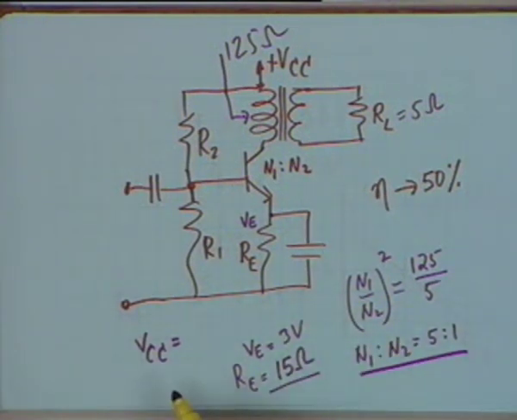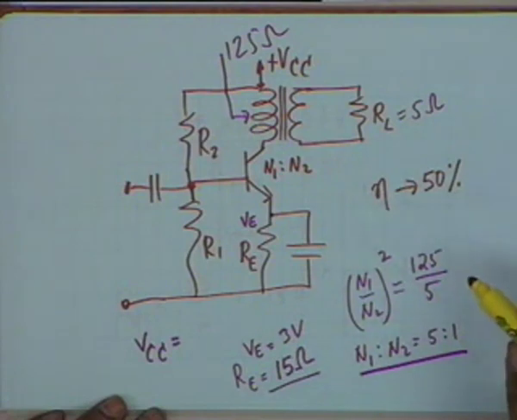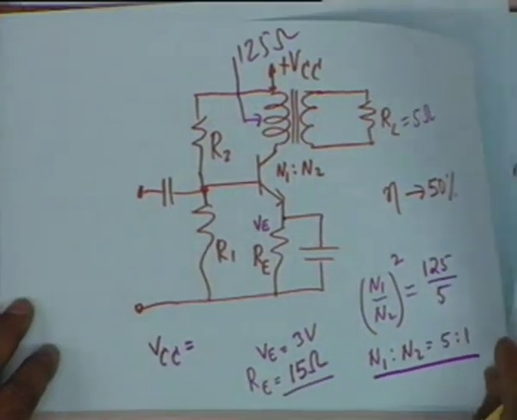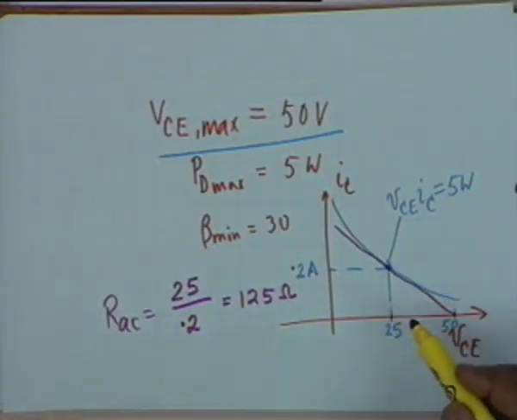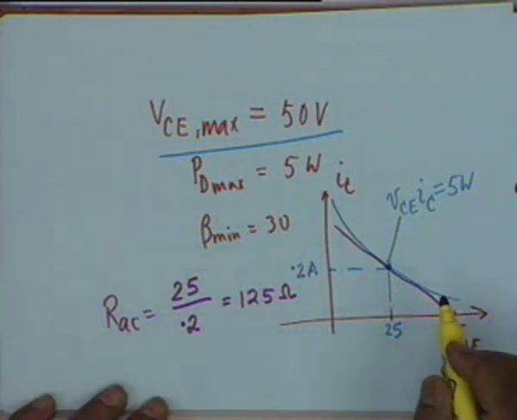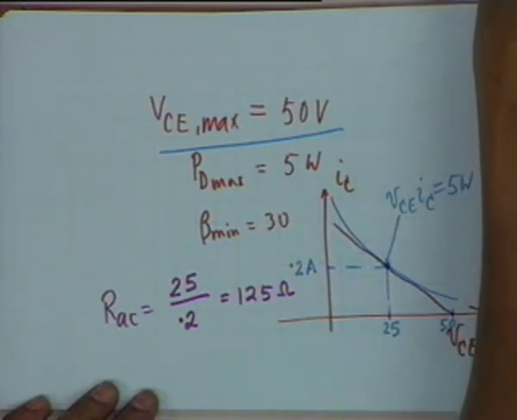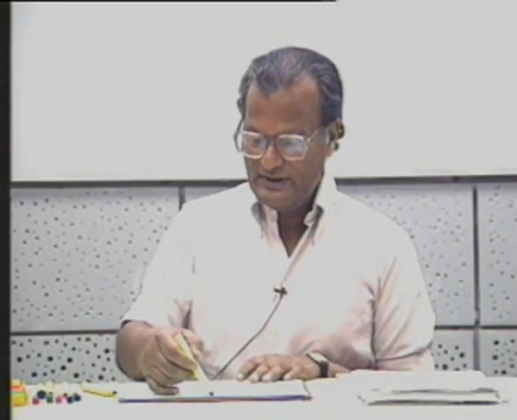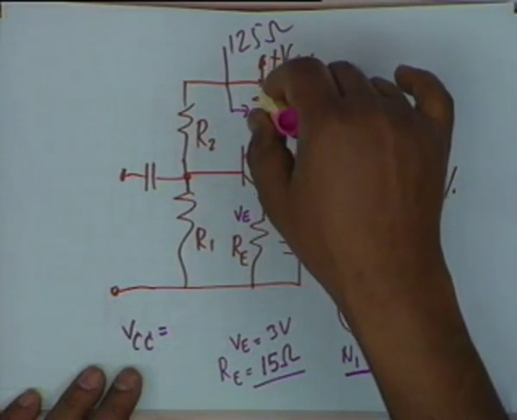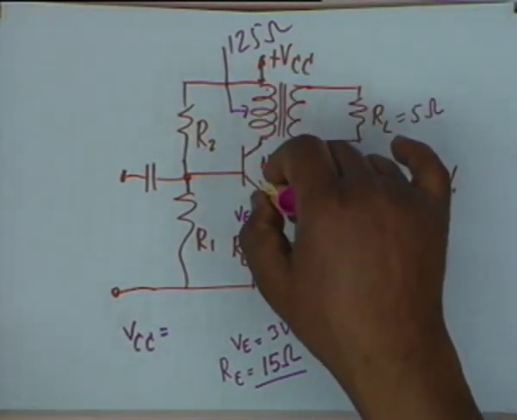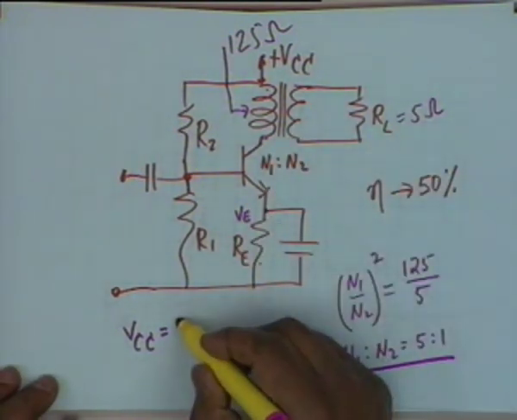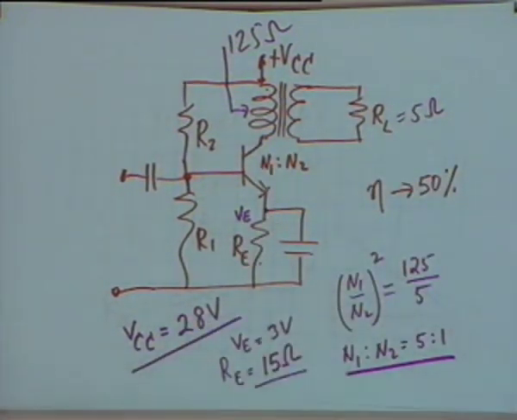Then what is VCC that is needed? 25 is given by the load line, 25 is the Q point, that is, this will be the VCE plus the voltage drop across the emitter resistance. That means not 0.7, we are not going to the base circuit, it is still 25. VCC shall be equal to the drop in the transformer 0, the drop in the collector to emitter 25 plus 3 volts, and therefore VCC shall be 28 volt.